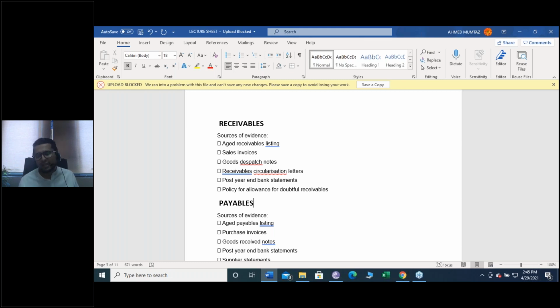How can I verify the valuation of receivable? First of all, I'm a very skeptic person when it comes to auditing. So I've got a doubt in my mind: what if the year-end receivable recognized by the client, let's say 4 million, is overstated? What if there is an arithmetical mistake? So the first procedure which comes in my mind regarding the valuation is